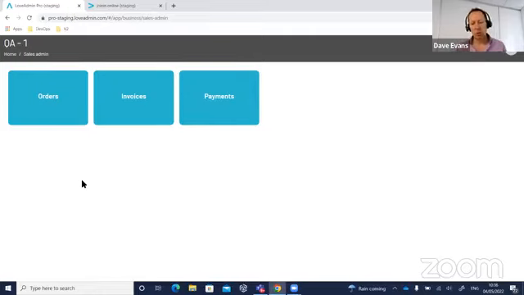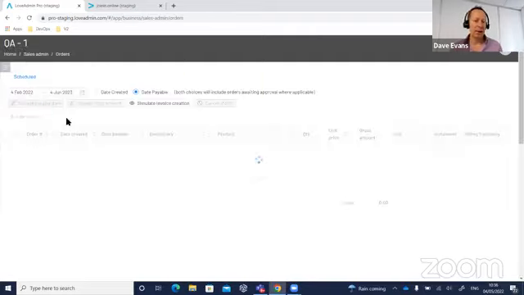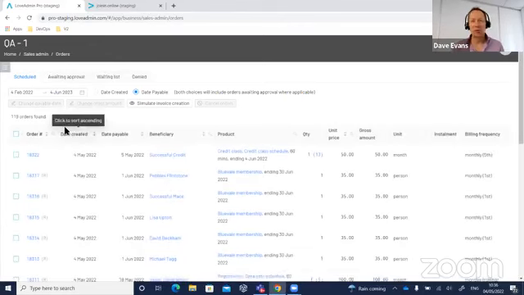So an order is, before we create an invoice for somebody, we create an order. It's like a pre-invoice stage, if you like. And it just allows you to make changes. So if you're on a monthly billing and you want to make a change to the payment date or the amount, you can come in, you can make that. If you're on termly billing and you're queuing everything to go out, let's say 3 days before the end of term, and you want to come in and you want to make changes, you can do that before the invoice